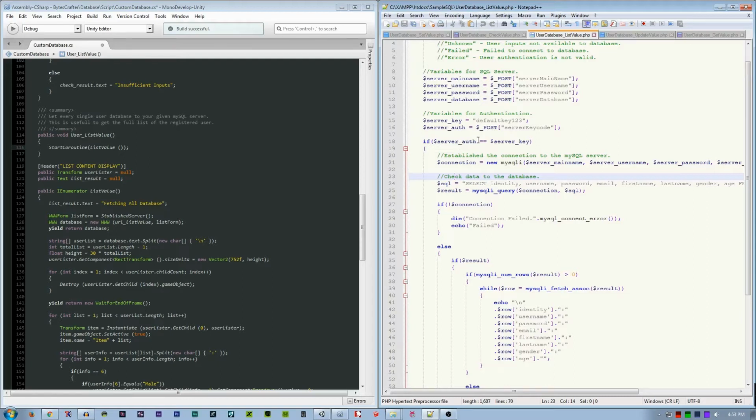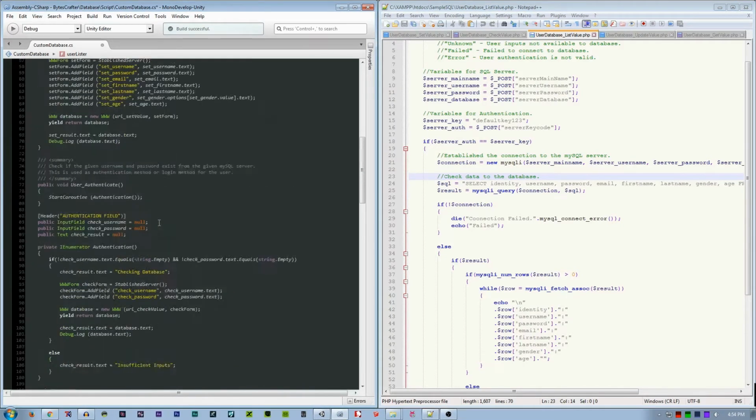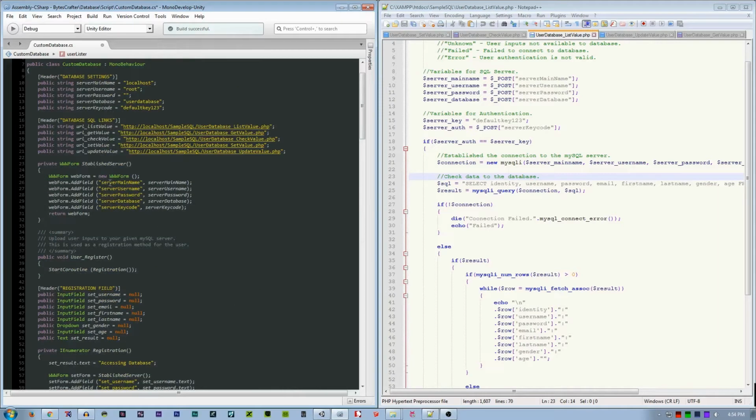If server authentication is equal to the server key, then continue into the line. Make a connection using the server variable, which will be declared here on the C# script. Here, establish a server. I also explain this thoroughly in part 3. We have the key and the value, the server, as a string. So the key code should be equal.